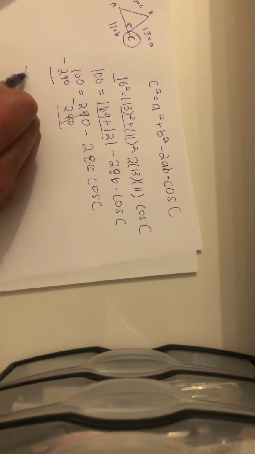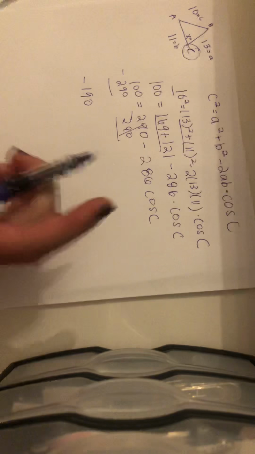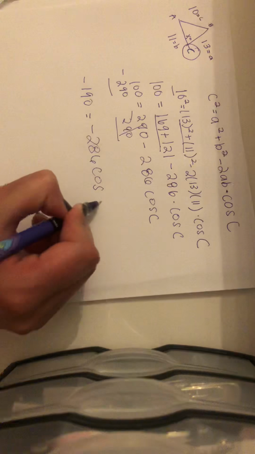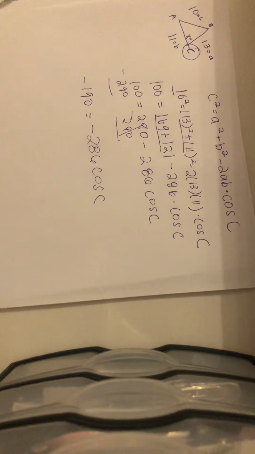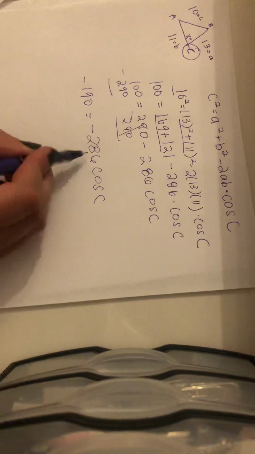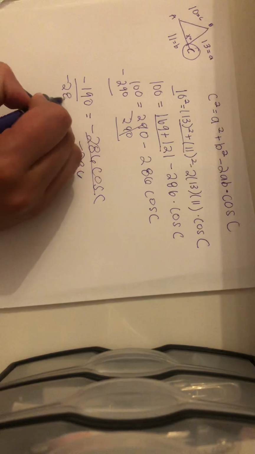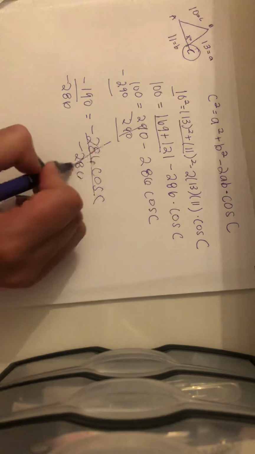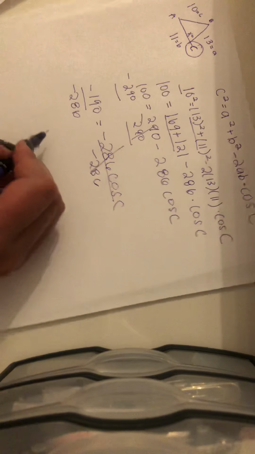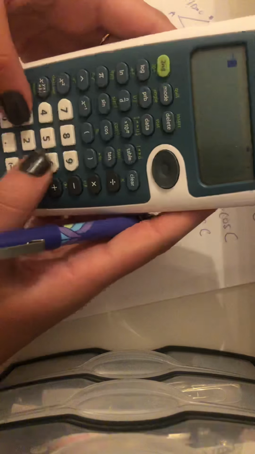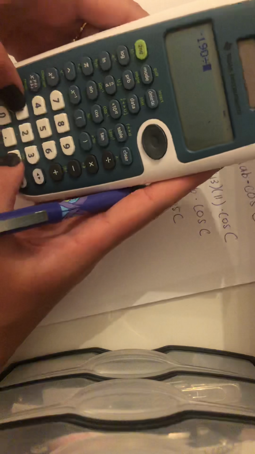100 minus 290 is negative 190, equals negative 286 cosine c. Getting c by itself still, we're going to have to divide negative 286 on both sides. When we get that, we get a small number. So negative 190 divided by negative 286, which is